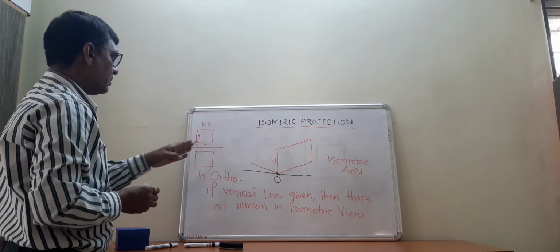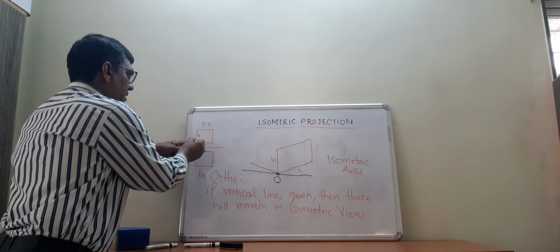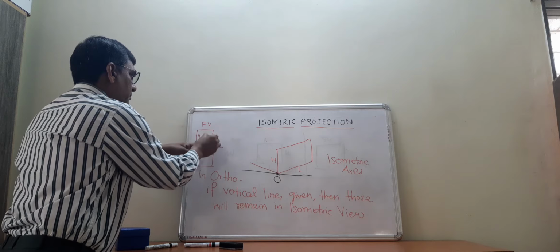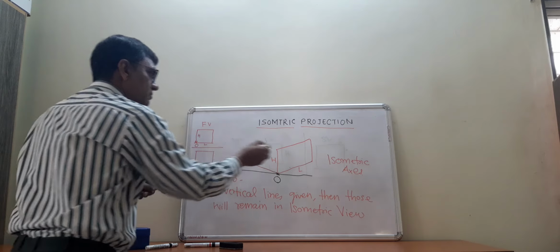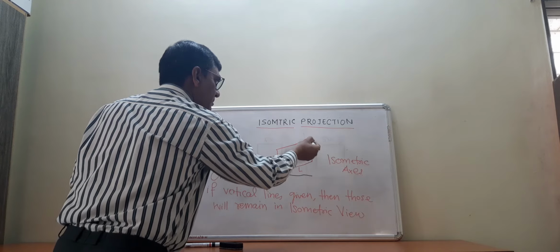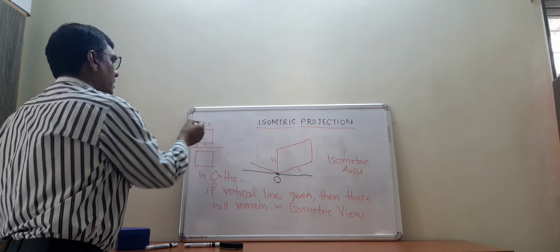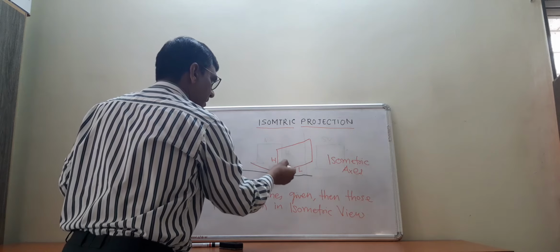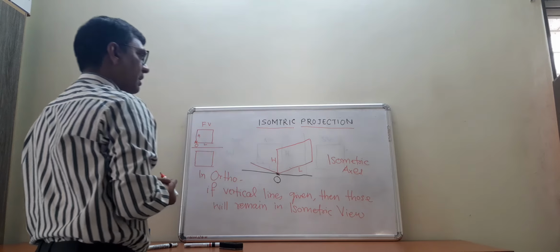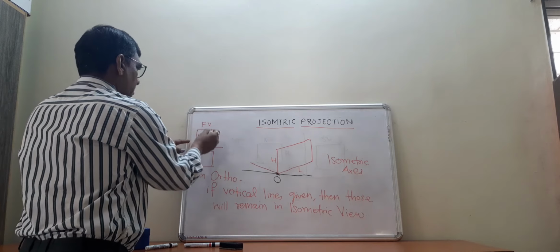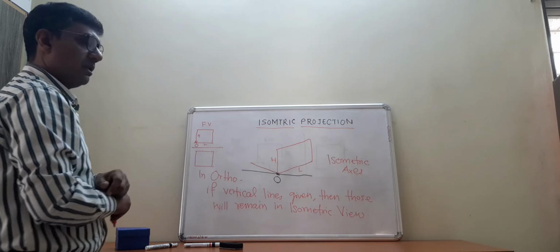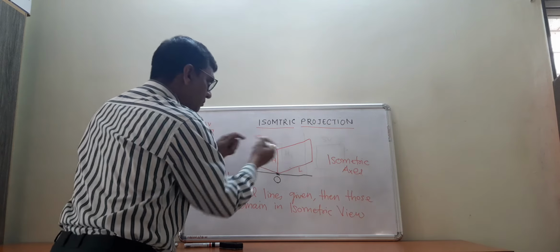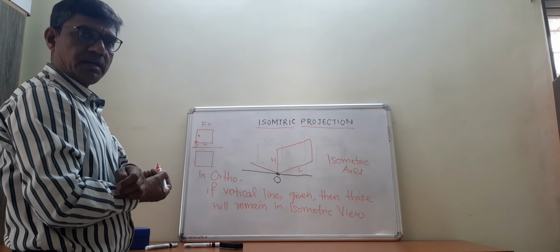And then we know that after we are reaching to the end of the length line, then from this point we are getting a line parallel to the height axis. So that is why we have drawn this line parallel to the height axis. The top line is parallel to the bottom line. So top line here closing, that has to remain parallel with the bottom line, and the formation of this square plane, what otherwise we are getting in the orthographic projection, that will be seen as a rhombus in case of isometric projection.